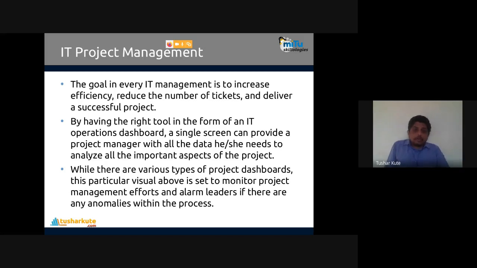All these anomalies can be found, visualized, and analyzed, and further decision making will be done on that. Whether it is completed in time or not, we get some tactics and strategies out of it, and we'll apply them to the next project. That is what the IT project management dashboard does, which comes under the tactics category here.